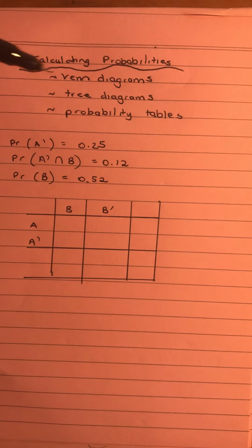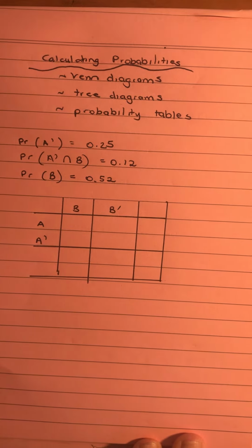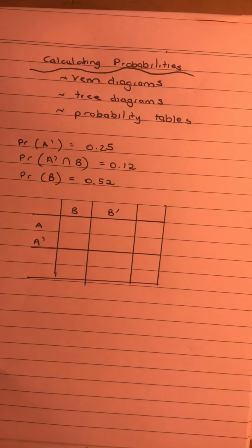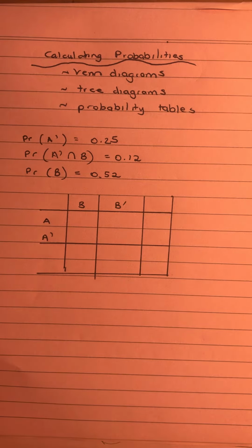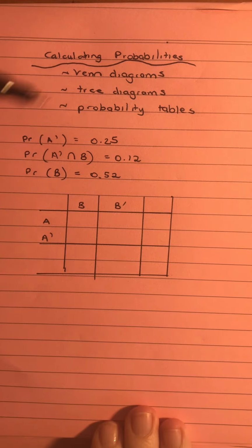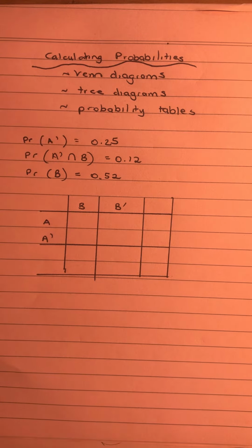At some point we'll be calculating probabilities, incorporating our Venn diagrams and probability tables. We can also use tree diagrams to deal with these. I find a lot of the ones in this section, setting up your two-way table is the easiest way to solve them. So we've got some information given to us, and they usually give you enough that you can work